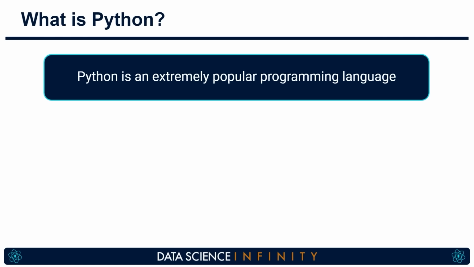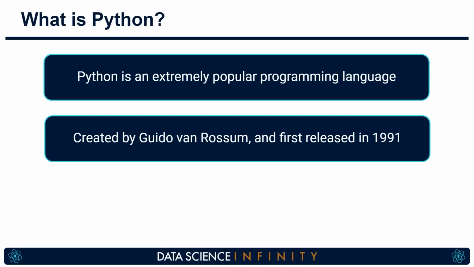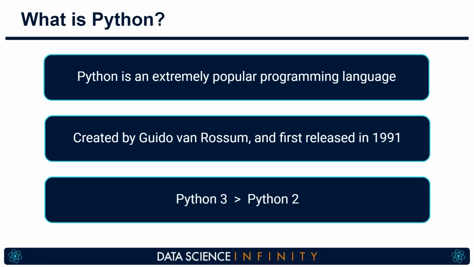Now, before we get into some of the amazing things that can be done using Python, I'd quickly like to mention where it came from. So Python was created by a Dutch man named Guido van Rossum and was first officially released way back in 1991. So while it's getting on in years, its popularity has really exploded in recent times due to its use within data science. And as it's been around for some time, it has evolved over many versions, with Python 3 being the latest high-level version.